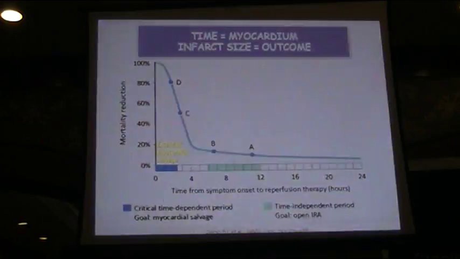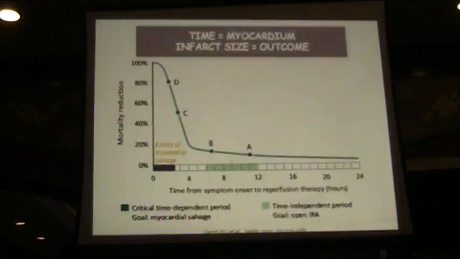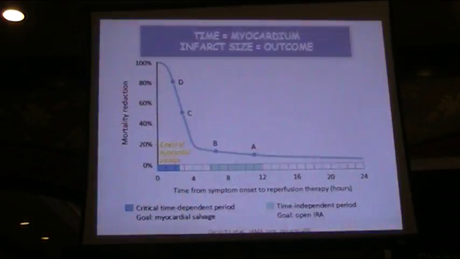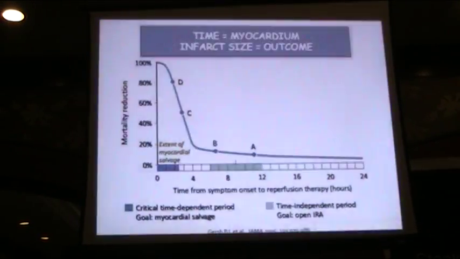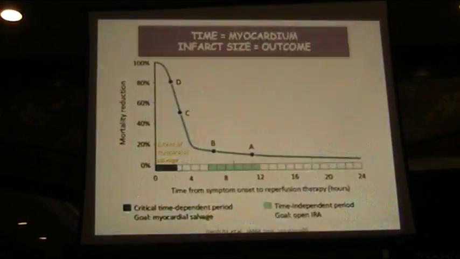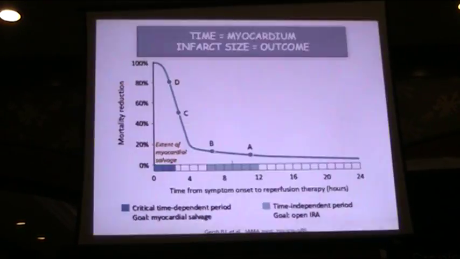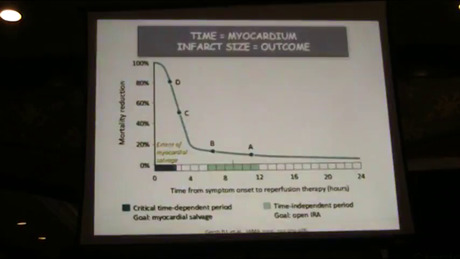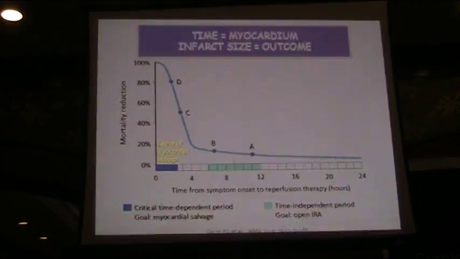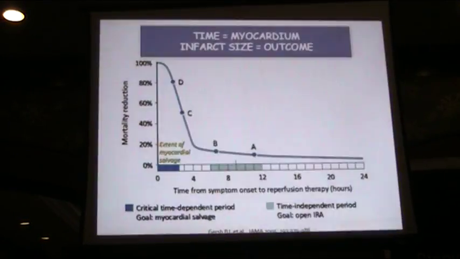Time is muscle. The moment we lose 4 hours after onset of classical chest pain, we have lost a lot of muscle. 8% loss in LV muscle is enough to cause all trouble. 25% to cause acute LVF, 40% to cause cardiogenic shock. Highest muscle loss is anterior wall MI. So it's very important that these patients are picked up early in our practice, and that's why we have that time limit for fibrinolytic therapy or thrombolytic therapy. We need to salvage that myocardium. Next.